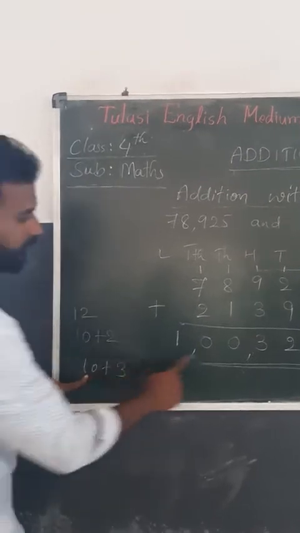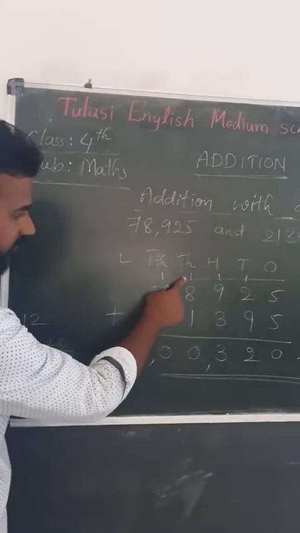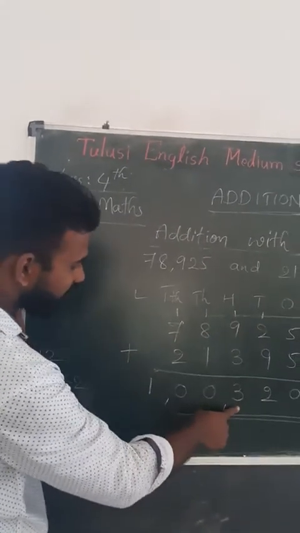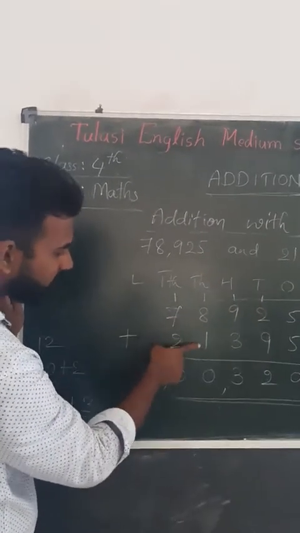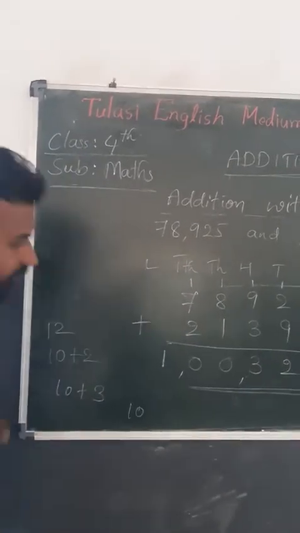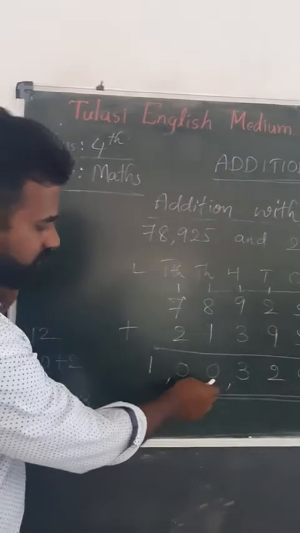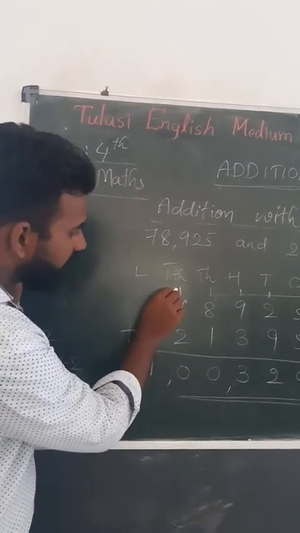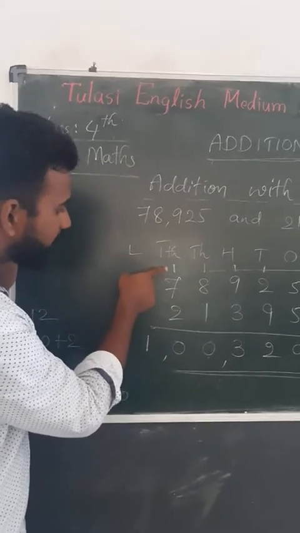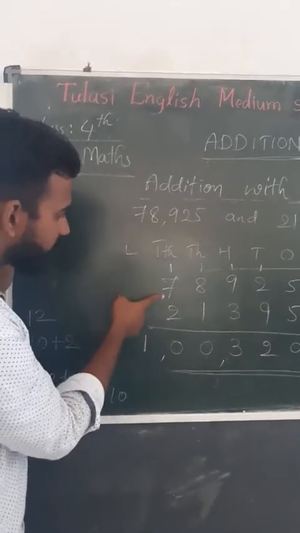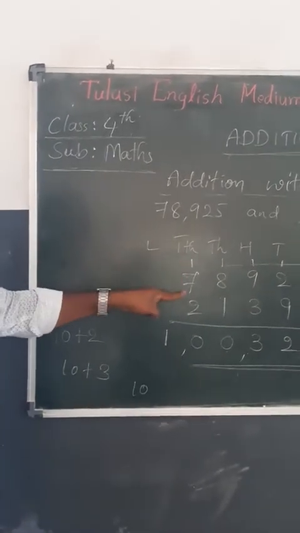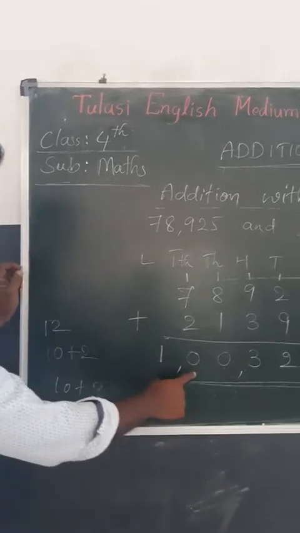So 10 hundreds is here. 1,000 is equal to 10 hundreds. 3 as it is. 1 plus 8, 9 plus 1, 10, 0, because it's clearly 10. 0 remained here. That 10 I wrote in the 10,000 place. 7 plus 1 plus 2: 1 ten thousand, 7 ten thousands, 2 ten thousands. 7 plus 1, 8, 9, 10, 0.